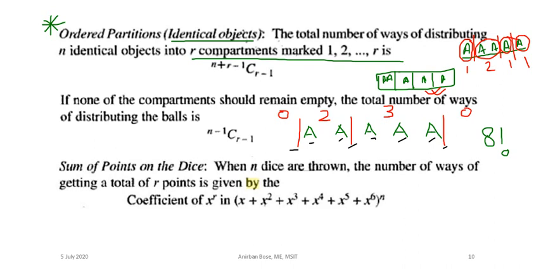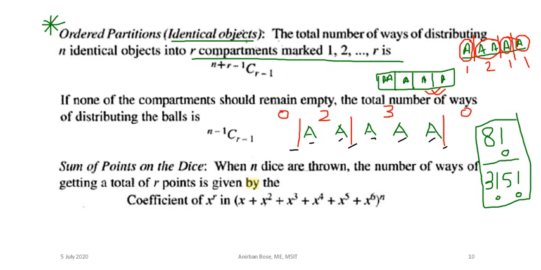Okay, now out of these 8 factorial ways, 3 strokes are similar, 3 strokes are the same, so divided by 3 factorial, and 1, 2, 3, 4, 5, all 5 A are similar objects, so divided by 5 factorial. So this will be the possible number of arrangements of these strokes and these similar objects. So definitely these will be all the possible ways we can arrange these similar objects into our compartments.